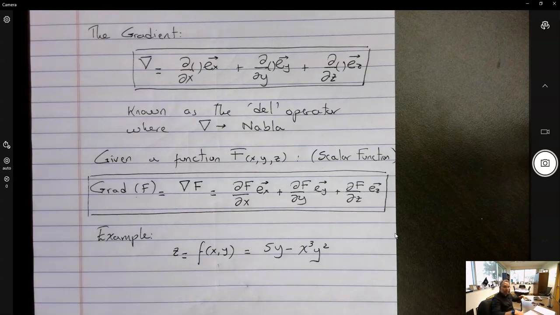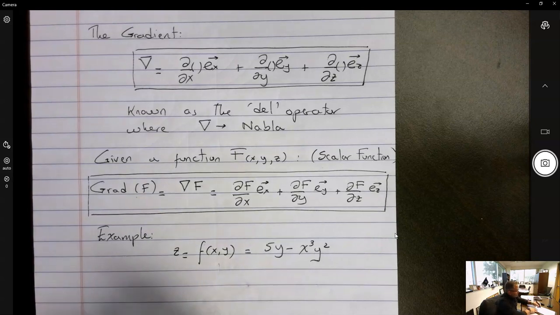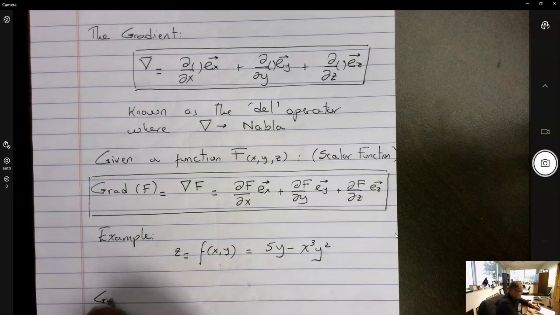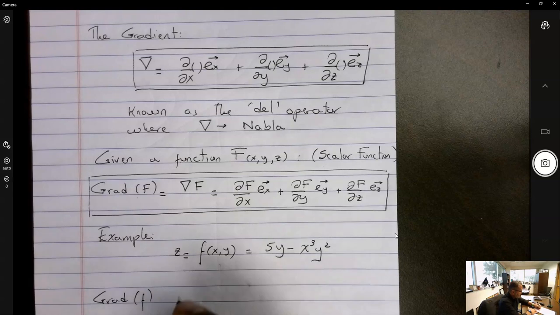And depending on the position on this table, we can say the temperature here is such, the temperature here is such, and such and such. And it's all basically defined by this function 5y minus x cubed y squared, whatever that means. Okay, then we can calculate the gradient of f, which is also denoted as Nabla f, or read as del f,